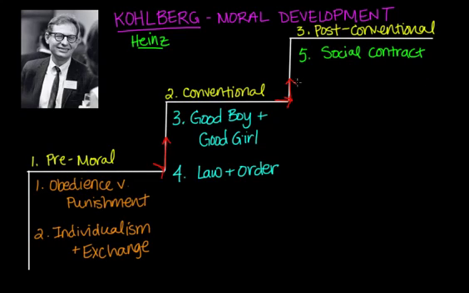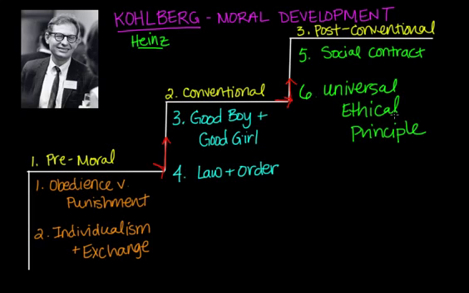And the 6th step, the last step of moral reasoning, according to Kohlberg, is based on the universal ethical principle. So over here, people at this stage develop their own set of moral guidelines, which may or may not fit the law. The principles apply to everyone, such as human rights, justice, and equality.